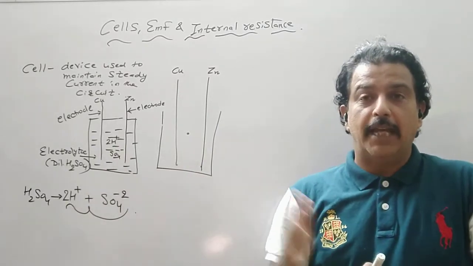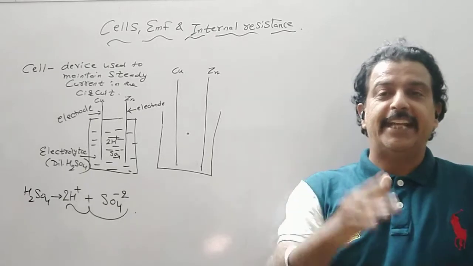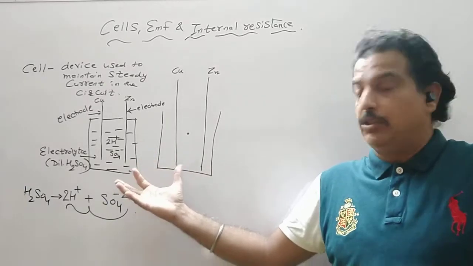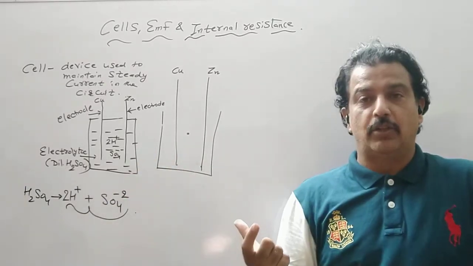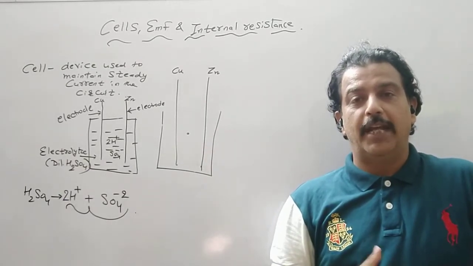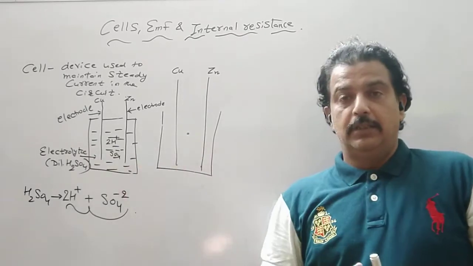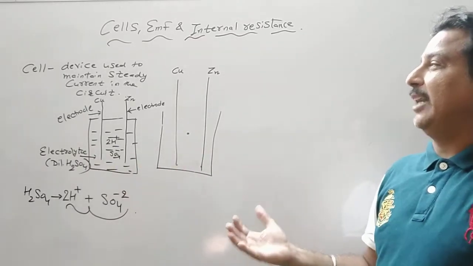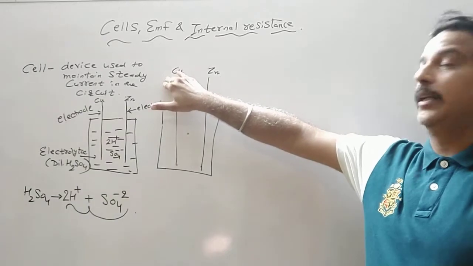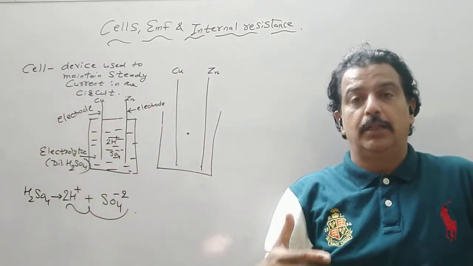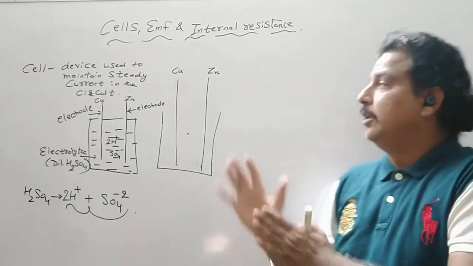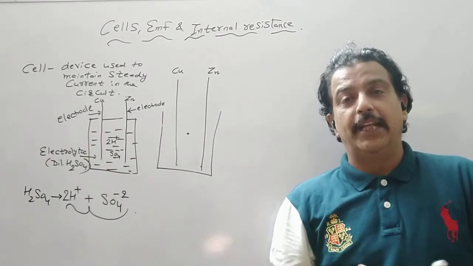And we will say the exchange of the electron takes place through the motion of the positive and negative ions. So inside there is no motion of electrons. We know that in cells the mobile charge carriers are positive and negative ions. So it seems that the electrons are being transferred from copper to zinc. The electronegativity of copper, or the ability of copper to lose an electron, is more as compared to the ability of zinc to lose an electron.